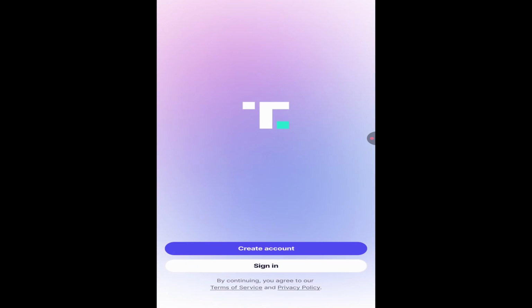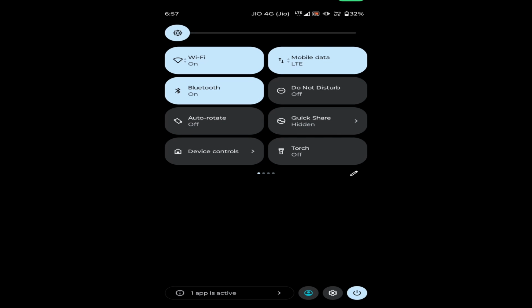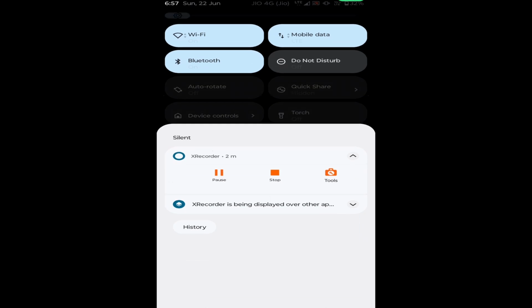When you are facing this problem, then completely close the app once and check, and again open your Truth Social and check the problem. If it persists, then check whether your internet connection is working properly or not. If no issue is found in the internet, then next is